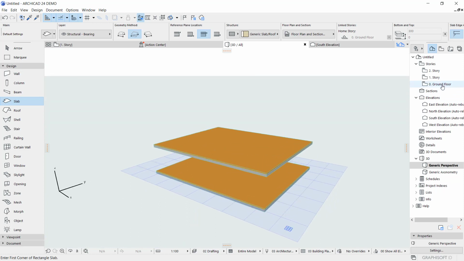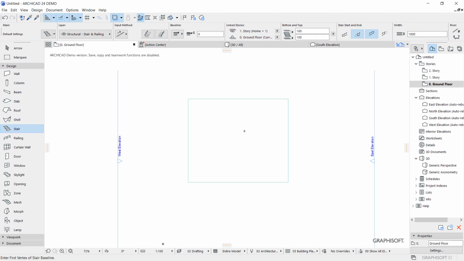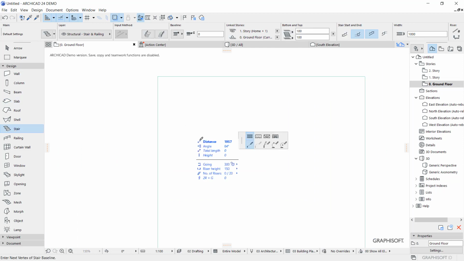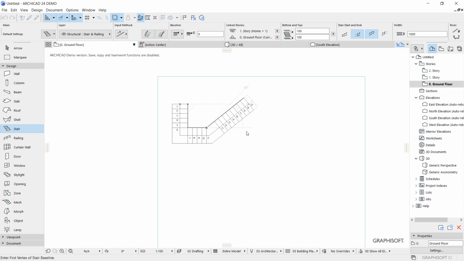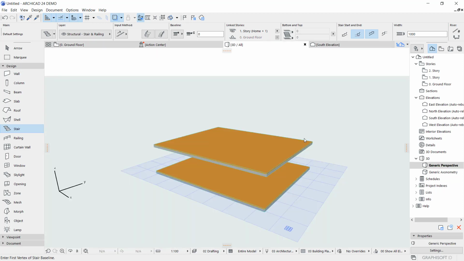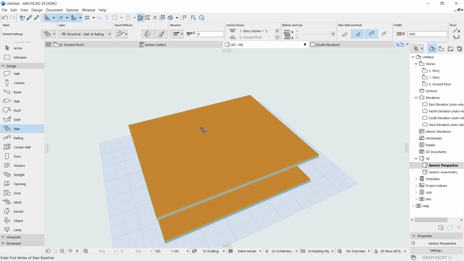Next I will go into the ground floor, and we can create a stair. Okay, I will create it from this point to here. This is for the simple stair. You can right click, click OK. And if you see it in the 3D view, in here we need